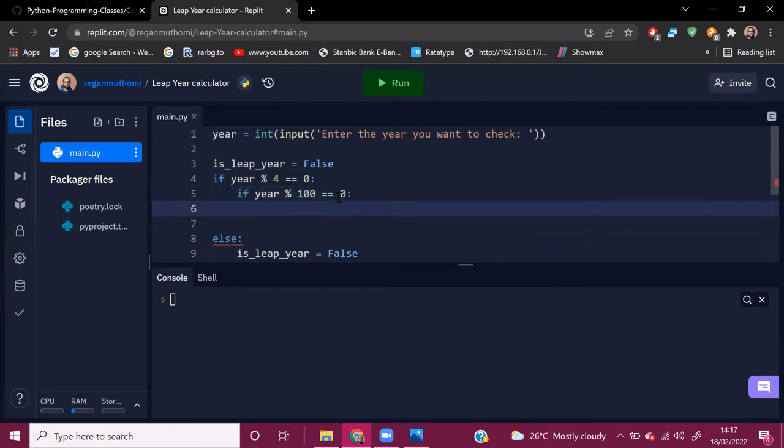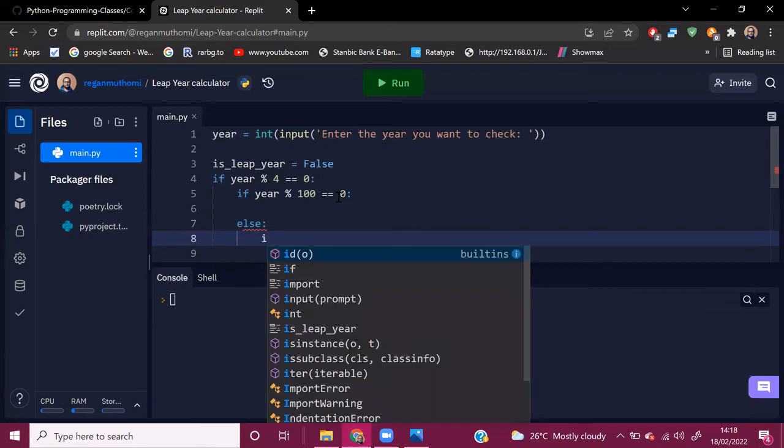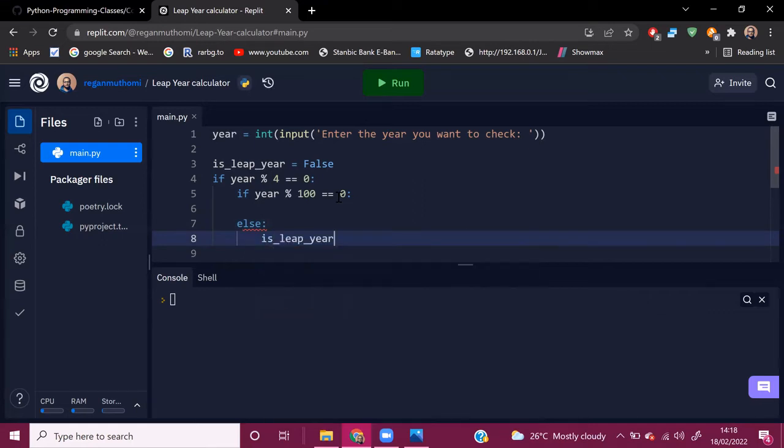So if it's perfectly divisible by 100, that means there's no remainder. Then we are going to further check whether it's divisible by 400. But if this condition fails, then we are going to say else is leap year. We're going to change is leap year to true, because remember here in our flowchart, we're saying